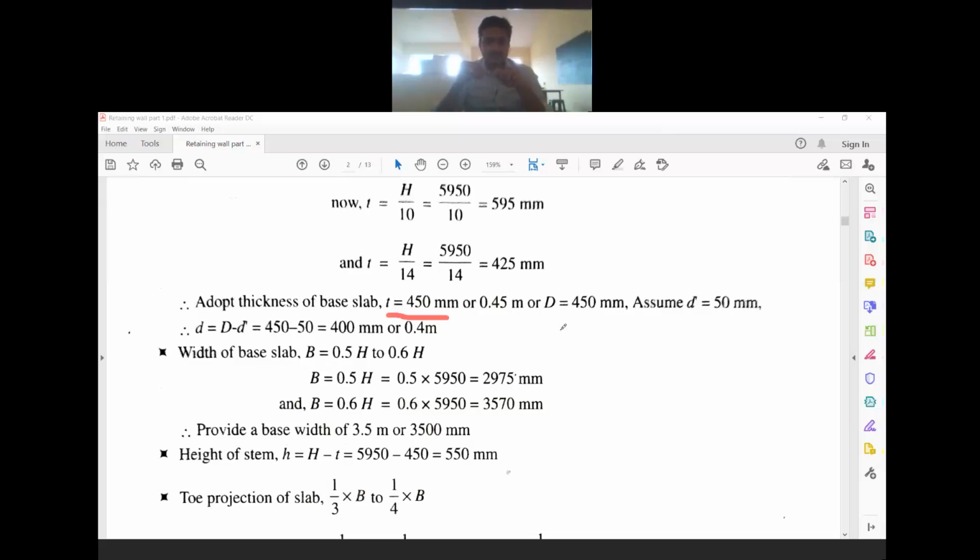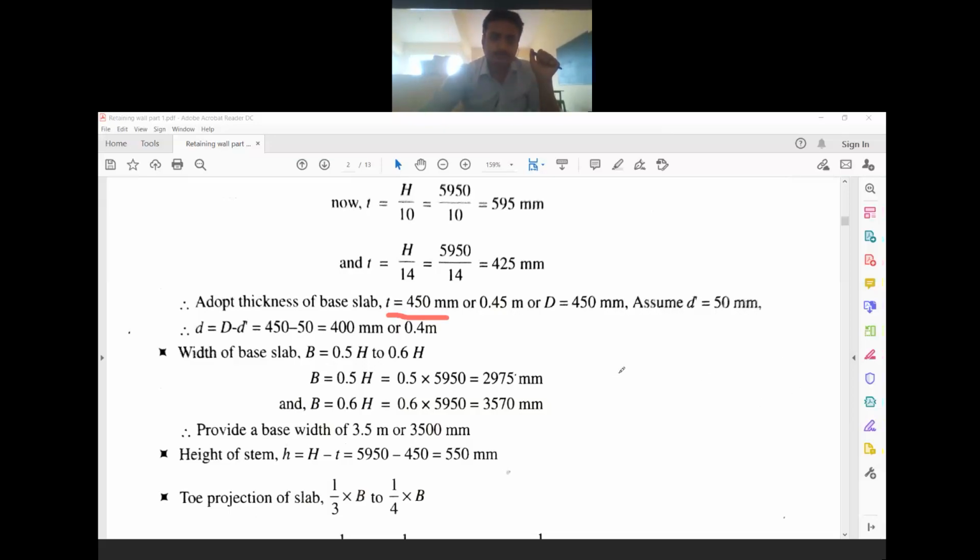So a clear cover in D dash. So overall thickness of the base slab is 450 minus 50. So 450 minus 50 ಏನಾಯ್ತು, this is effective depth. So overall depth is D 450 mm. So overall depth we have calculated, that is thickness of the base slab total ಇದು. So ಅದರಲ್ಲಿ 50 mm effective cover ಇದೆ ಅಂತಂದ್ರೆ we have effective depth as 400 mm, that is 0.4. Small d ಅಂತಂದ್ರೆ effective depth, capital D ಅಂದ್ರೆ overall depth, D dash ಅಂತಂದ್ರೆ effective cover, as you all know.